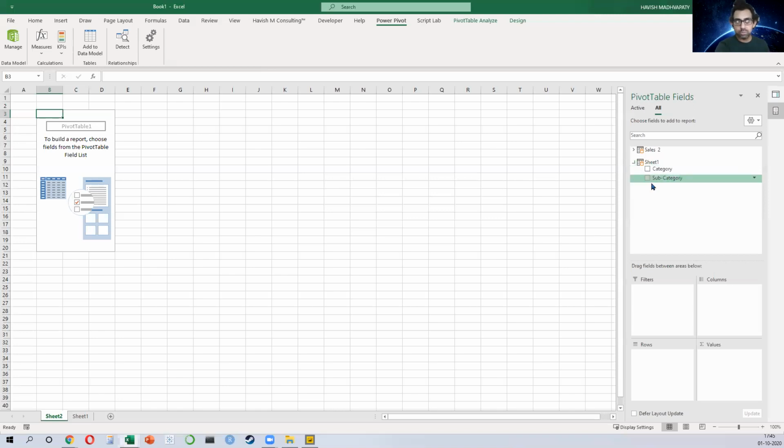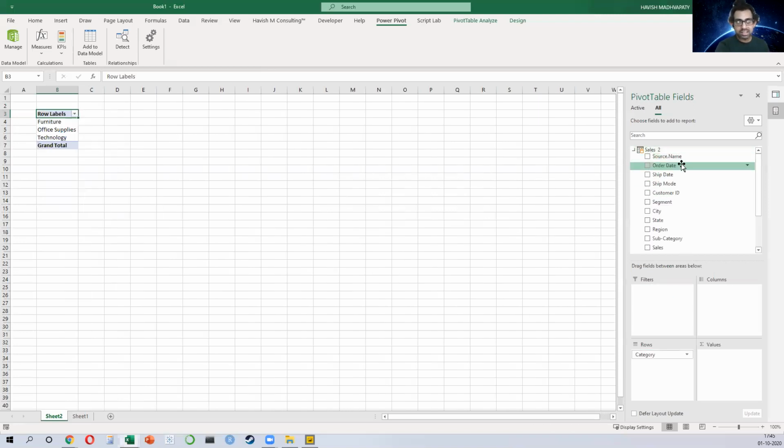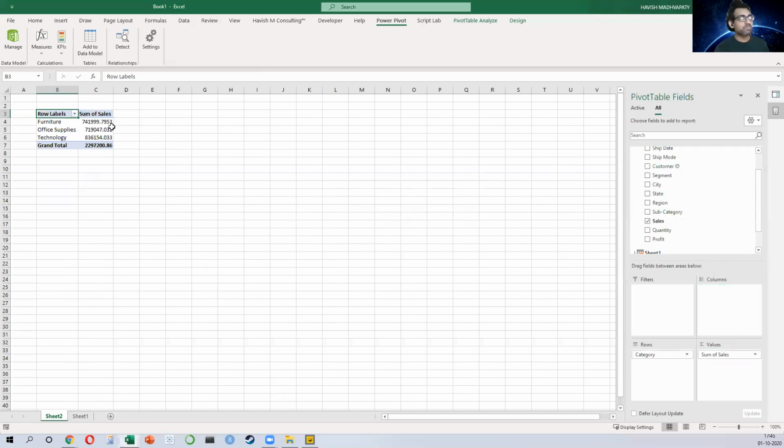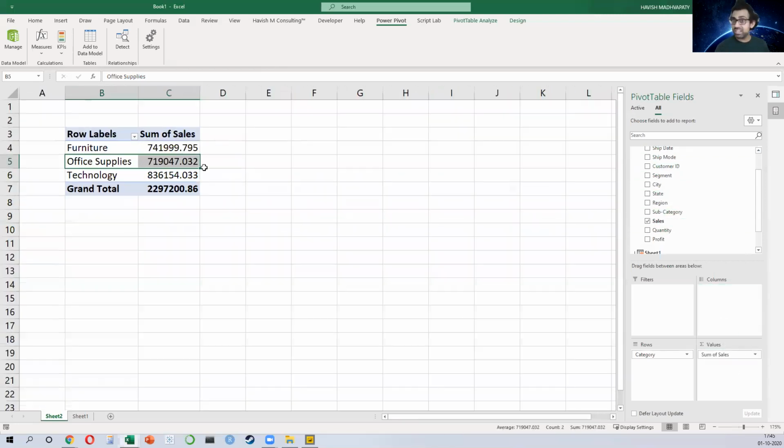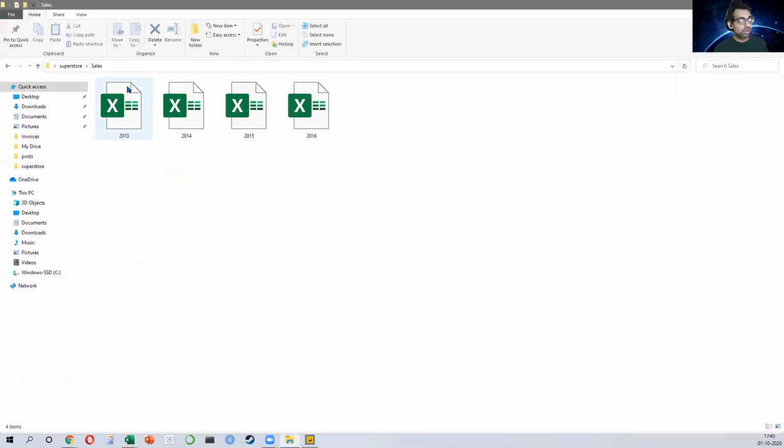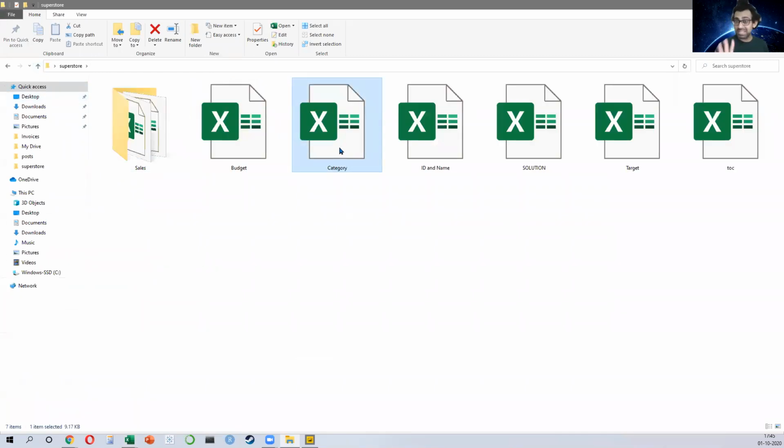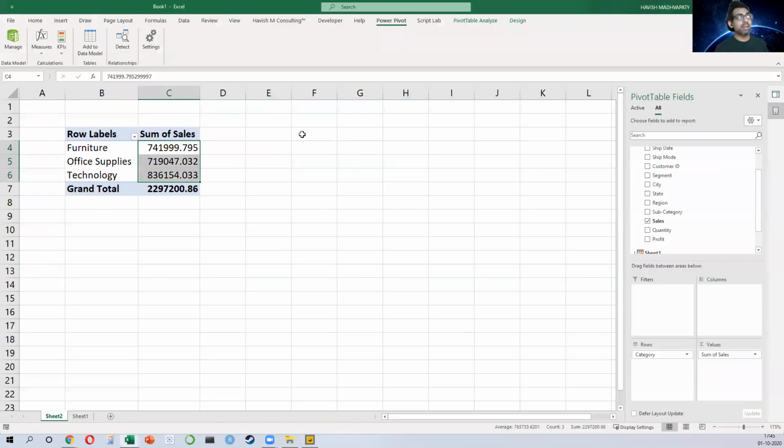And that is how cool, because I can now put my category and I can put my sales amount, and I'm able to see the breakdown of my 3 categories, despite the fact that this is coming from a different file and this is coming from a completely different file altogether. In fact, if you notice, I don't even have two files. I have 1, 2, 3, 4 plus 5. There are 5 files that I have, and those 5 files have been combined into a single model like this, right? So this is the long answer to your short question that is it going to replace Excel?